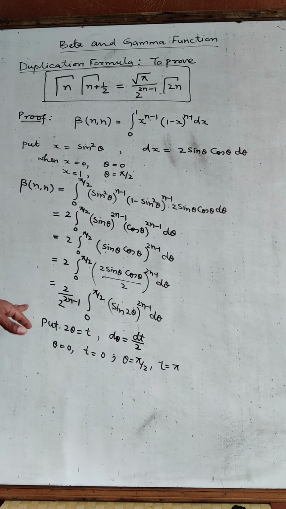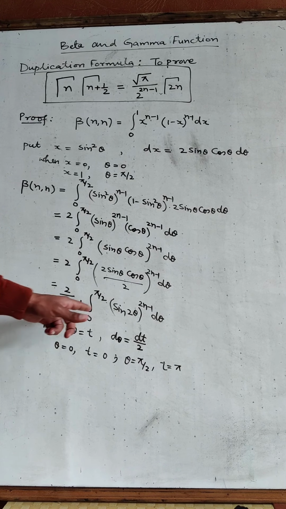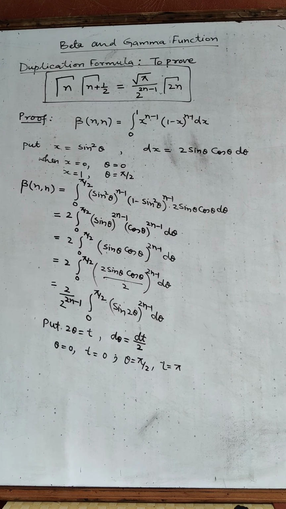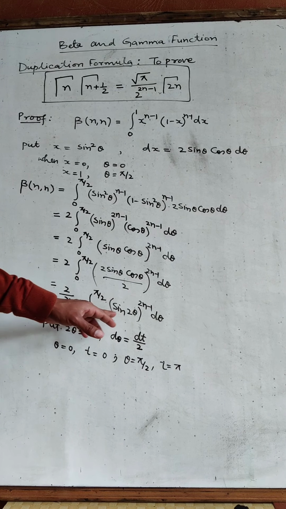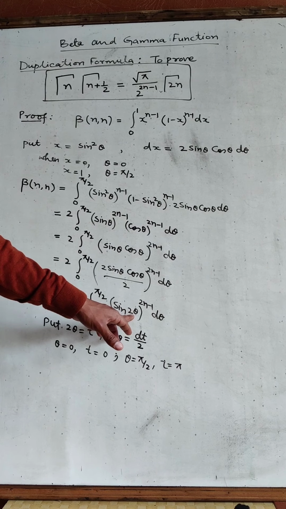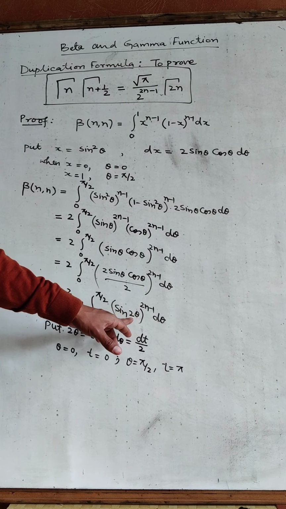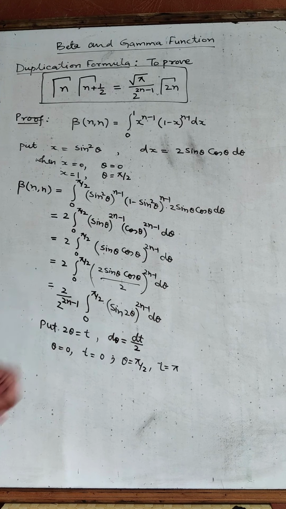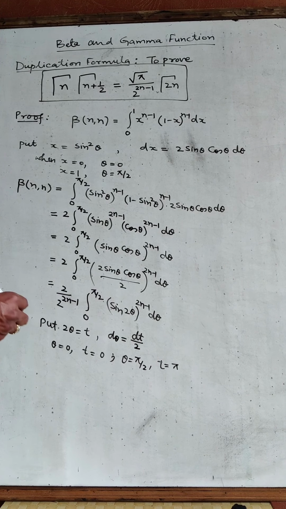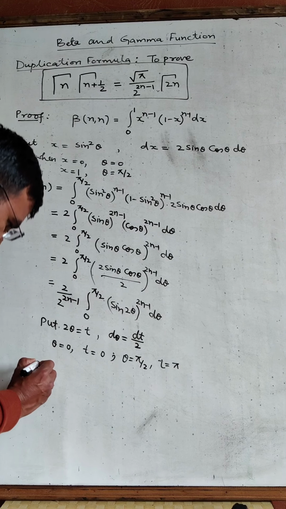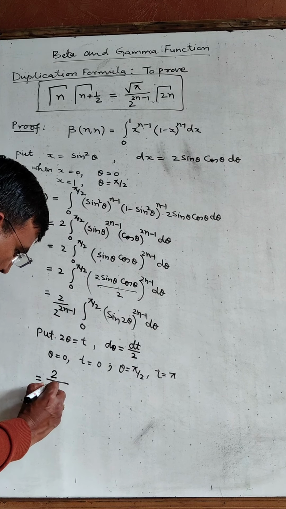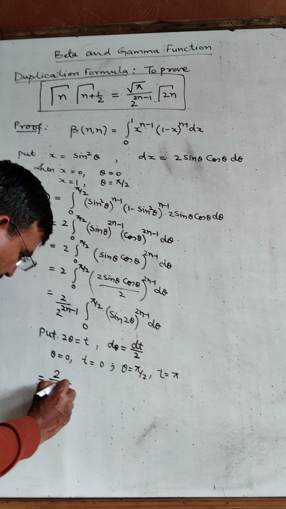Again, why are we making this substitution? Because we are trying to convert this into the form of beta and gamma functions. For that, there must not be any multiple of the argument. So we are just removing the multiple of the argument here. So this integration would become equal to 2 over 2 raised to the power 2n minus 1